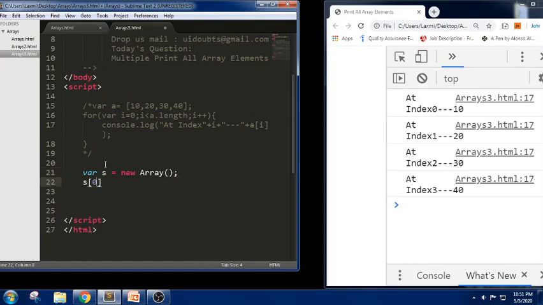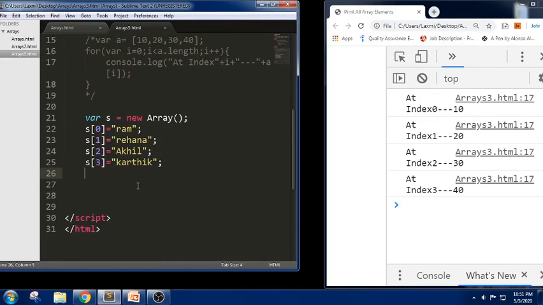In this I write s of 0 equals Ram, s of 1 equals Rehana, s of 2 equals Akhil, and s of 3 equals Karthik. So we have taken 4 values here. We are trying to do the same logic using an array constructor.